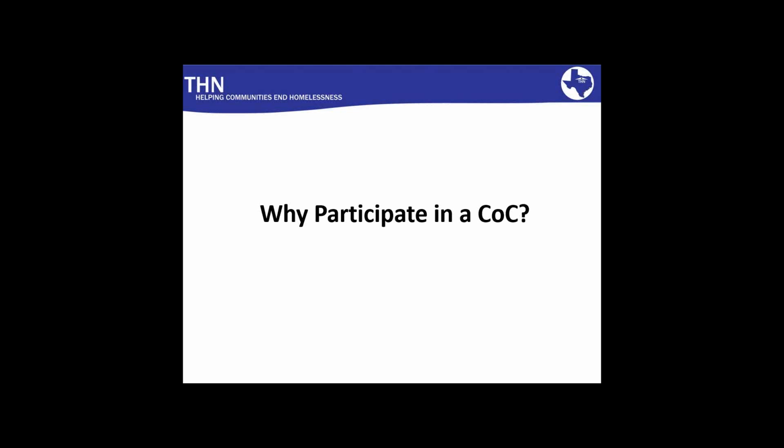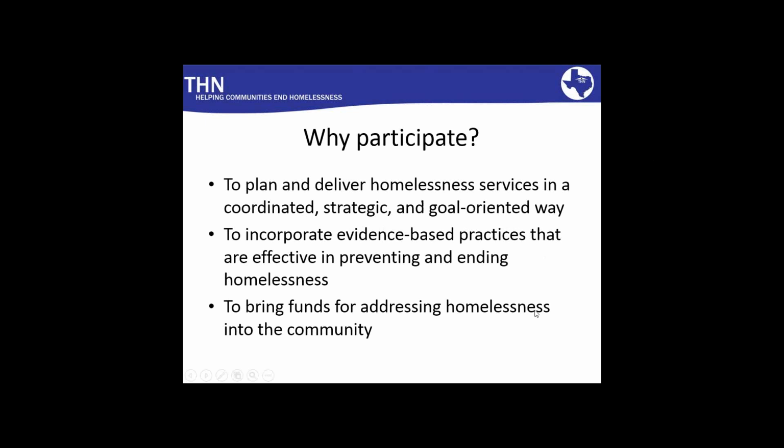Okay, so why participate in the COC? It's certainly not that you don't have anything else to do. We know that's not the case. So three good reasons to participate in your COC: to plan and deliver homeless services in a strategic, coordinated, and